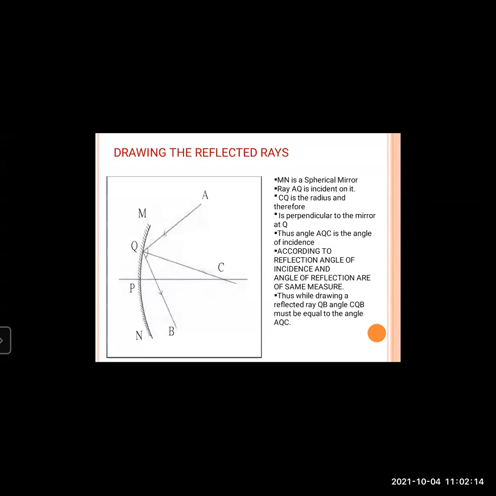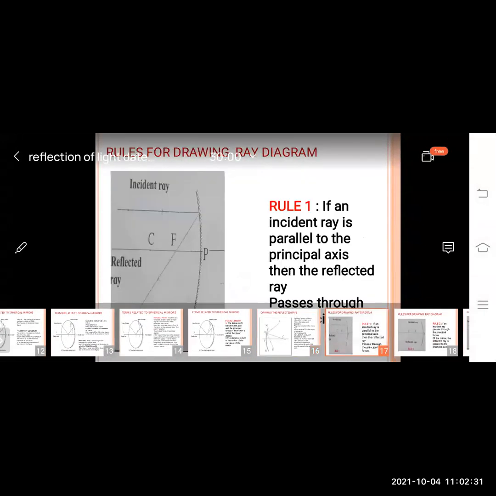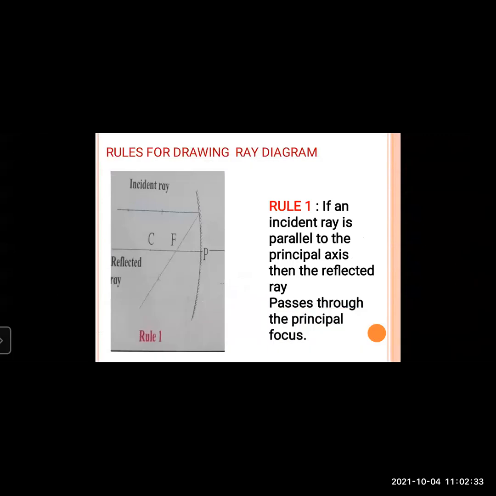Okay, so while drawing the diagram, take care that it is visible that the angle of incidence and the angle of reflection both are the same. Okay, now I have taken these diagrams from your textbook itself so that you will be able to identify them. These are very important rules. This is the gist of your